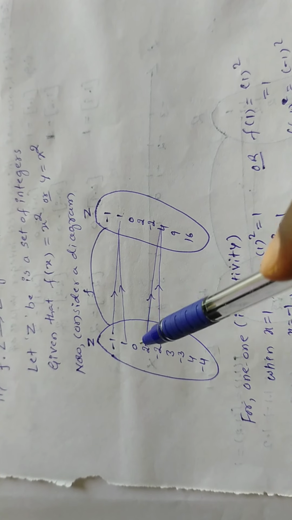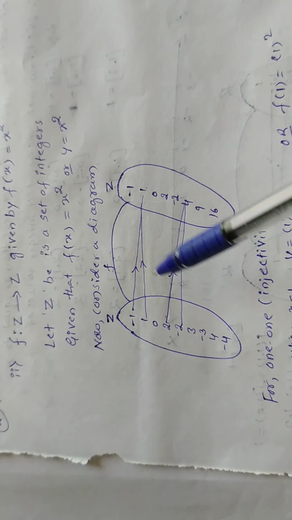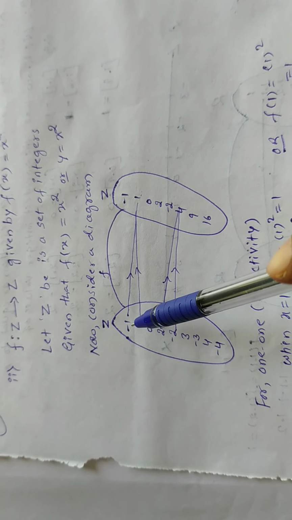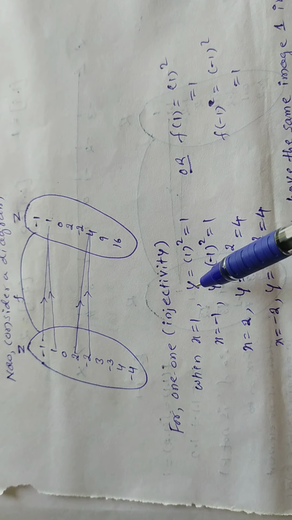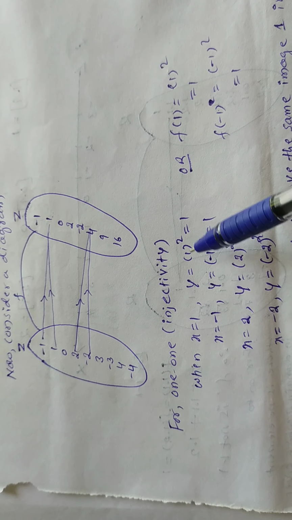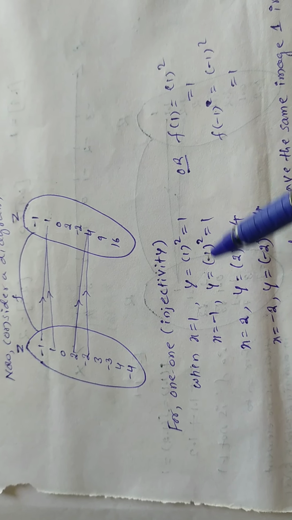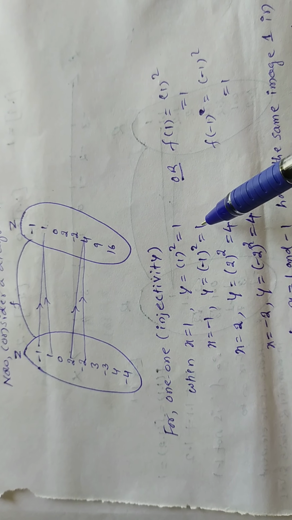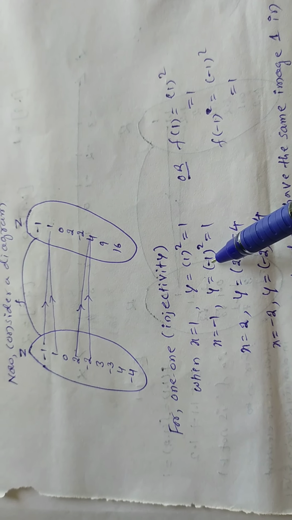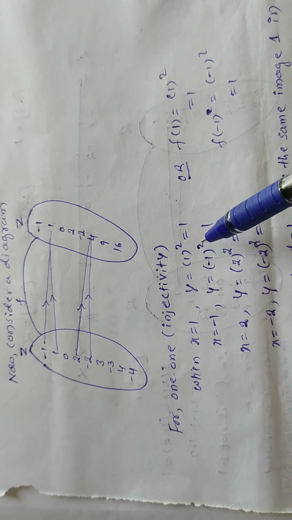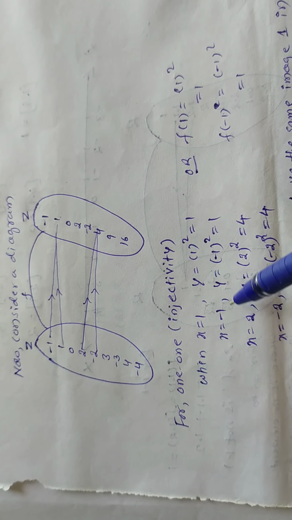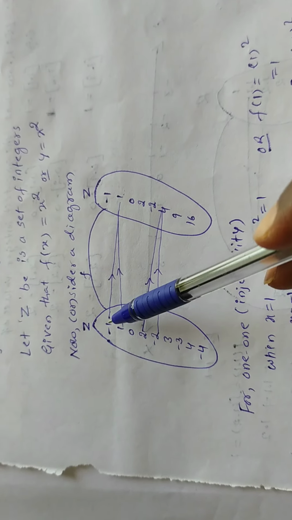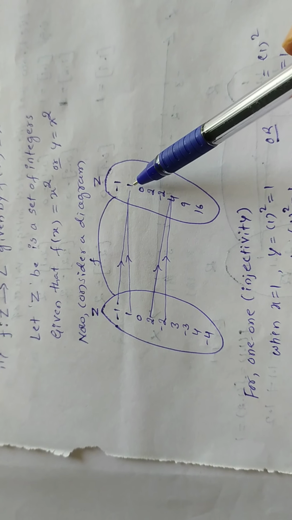So check whether this is one-one or onto. See what happens when you put x is equal to minus 1. So first, x is equal to 1. When x is equal to 1, you get 1 because 1 square is 1. Y is equal to x square, meaning f of x is equal to x square. This is 1, which gives 1. Similarly, when x is equal to minus 1, you get 1 because the base is negative and the power is an even number, so you get a positive. So in both the cases, 1 and minus 1, you get the same image. So for minus 1 and 1, you get a 1.